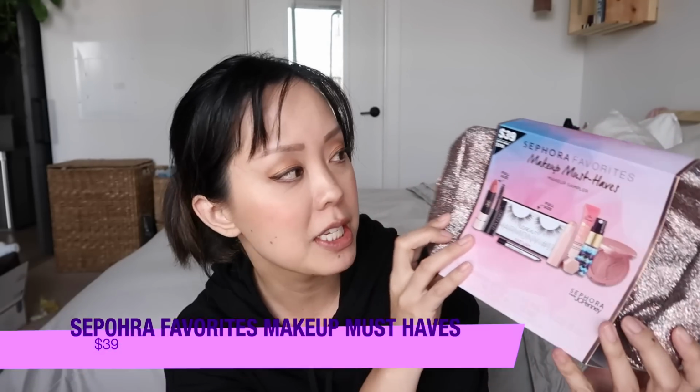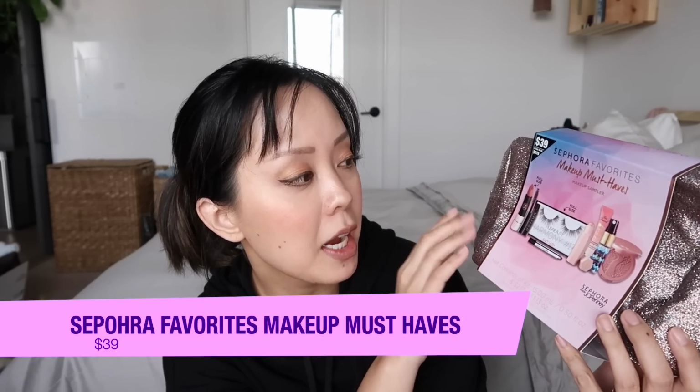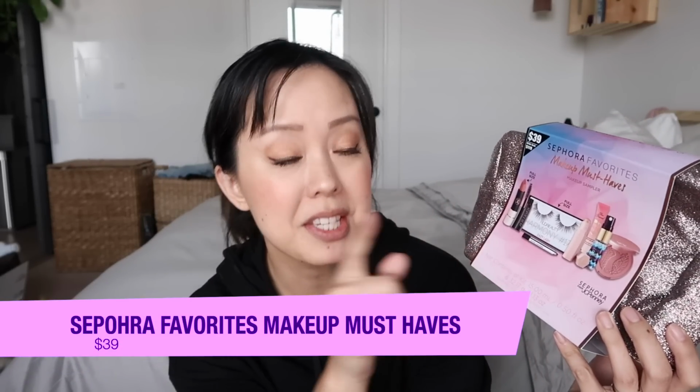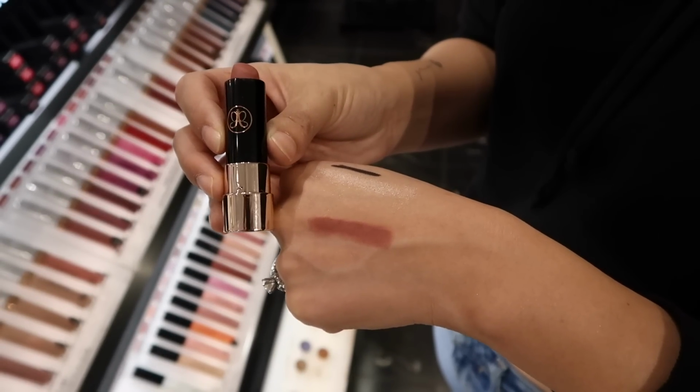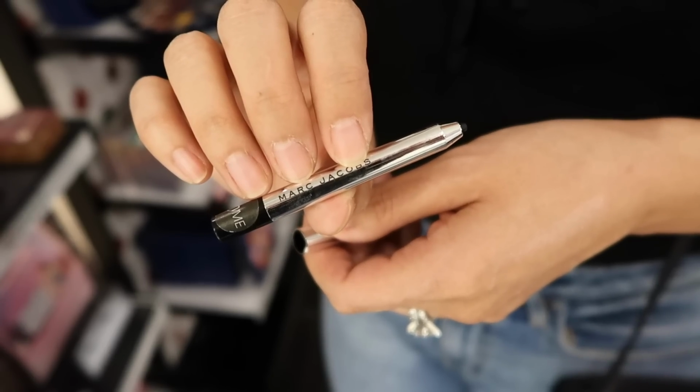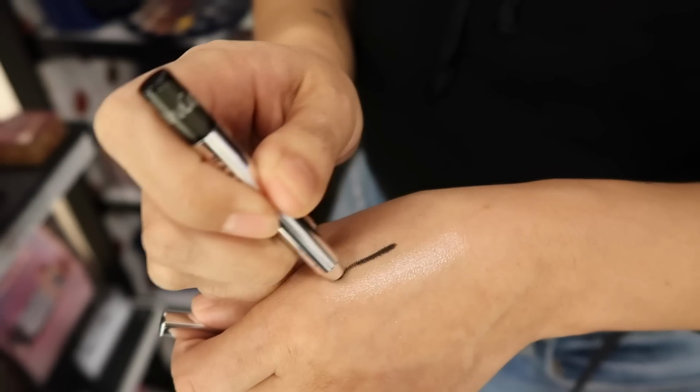First item I purchased is the Sephora Favorites Makeup Must-Haves Makeup Sampler. This is Sephora inside JCPenney exclusive, only $39, but it's a $119 value. I was shocked that you get a full size of the Anastasia Beverly Hills lipstick and a full size of Huda Beauty Harmony False Lashes, Marc Jacobs eyeliner, which I was trying to wipe off,